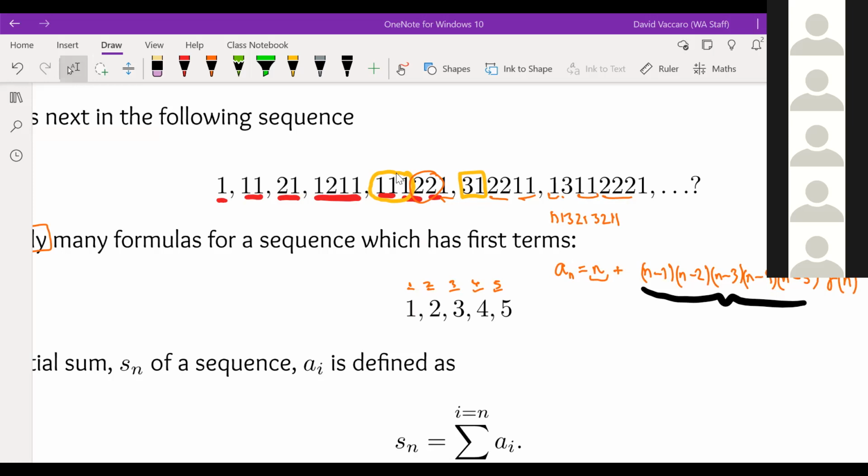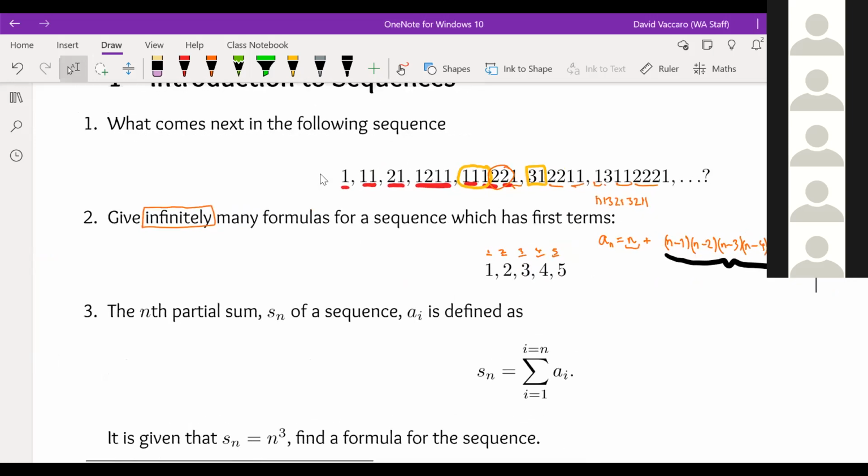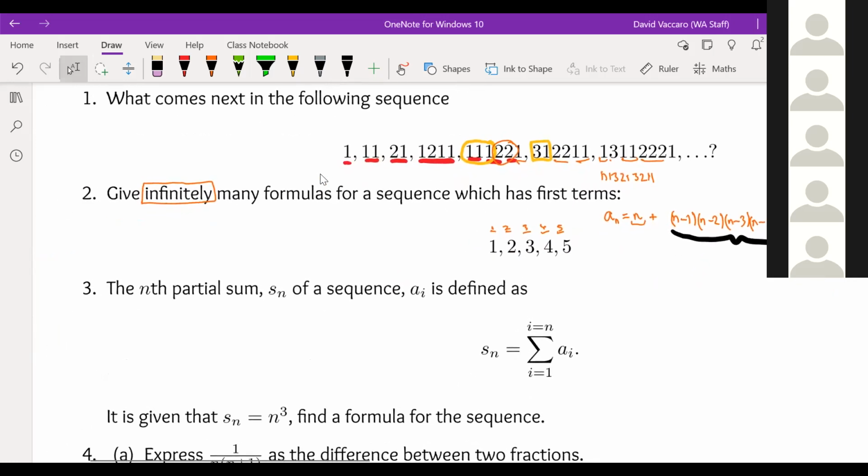I know Dr. Chernov is very keen for us to get to Taylor series, so unless anyone raises their hand, I will go on to the next question. So the next question is,